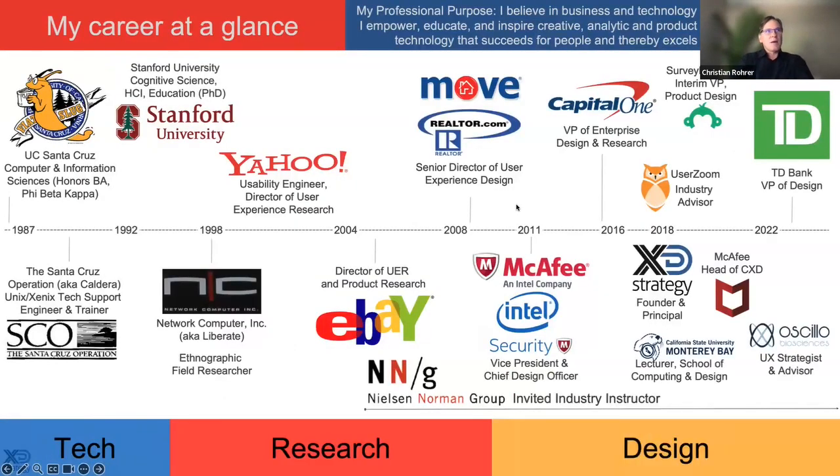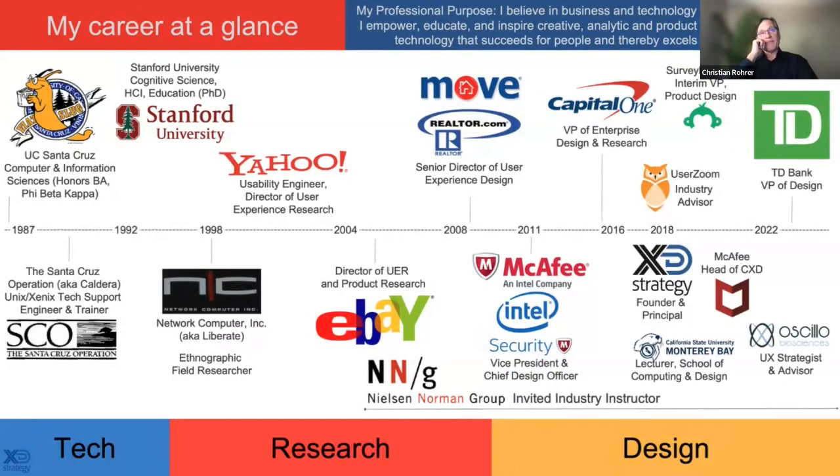A little intro about me. My background was originally in computer science, and then later on I got a degree in cognitive science and education, focusing on human computer interaction at Stanford. So I have a tech background originally, and then a human side of the equation background. And that's where I really discovered what design and user experience was all about. I really had no idea any of those things existed as an undergrad, which is true for most of us in this field, let's face it.